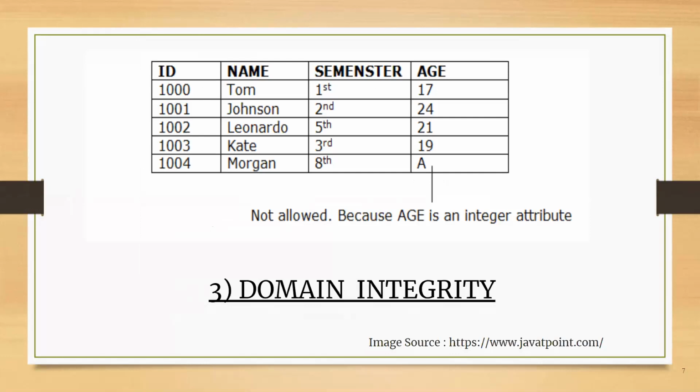Like if you are defining a data type of varchar, so whenever you are inserting the values, at that time you have to make sure that the data type value, or you can say an attribute value, should be of type varchar only. So now in this example, you can see that if I talk about age, it has to be a numeric value, okay? But you are trying to store a value which is alphabetic, which is not allowed because your age is an integer attribute. So whatever data type or domain values you have defined at the time of creation, it should contain only those values, okay? So here in this example, age is an integer attribute and it cannot contain alphabetic values.